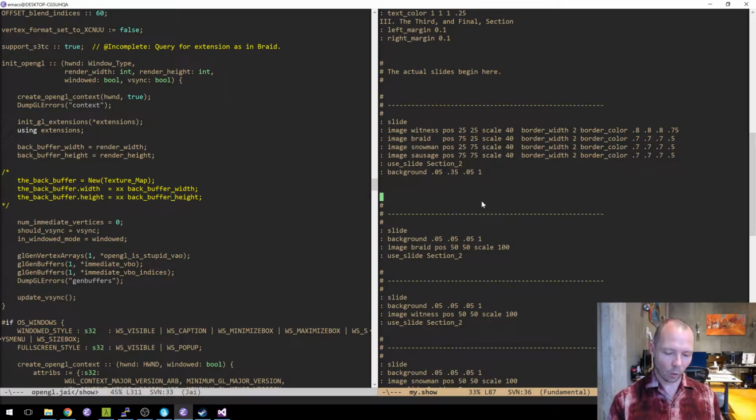So I want to make something where it's easy to whip up a slideshow, easy to put it together with a graphical editor, even if you're a non-programmer. And then if you're a programmer and want to easily add interactivity, you can. But I don't want to require you to program in a programming language designed for experts in order to make a slideshow. That's just not what I'm doing.